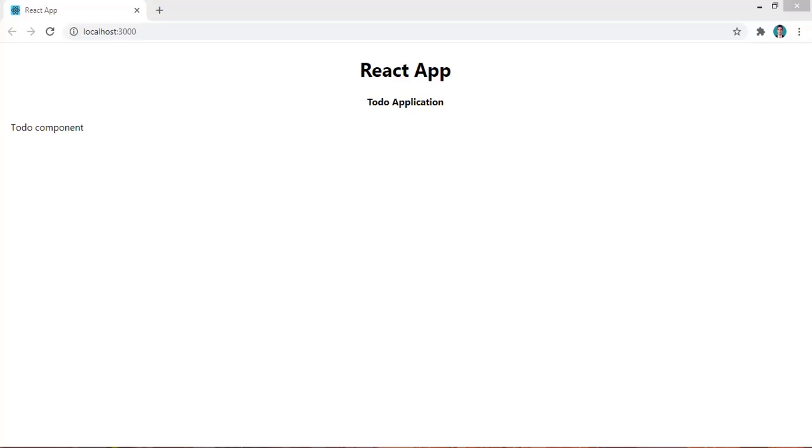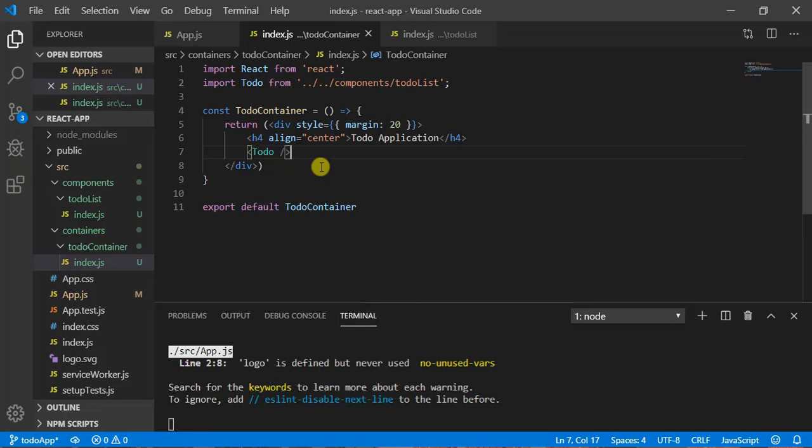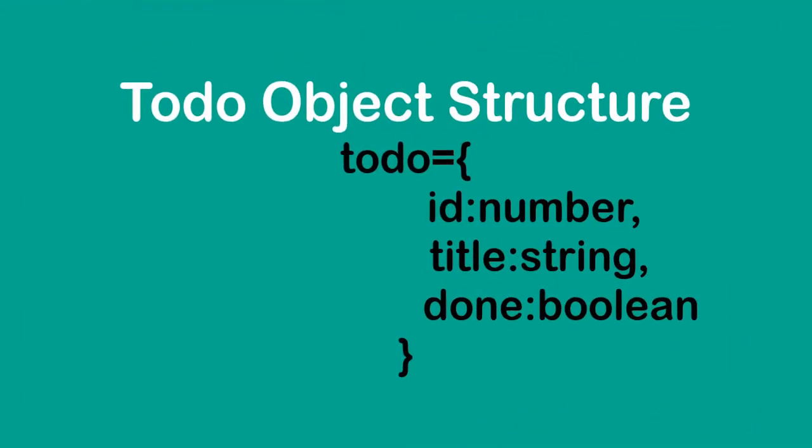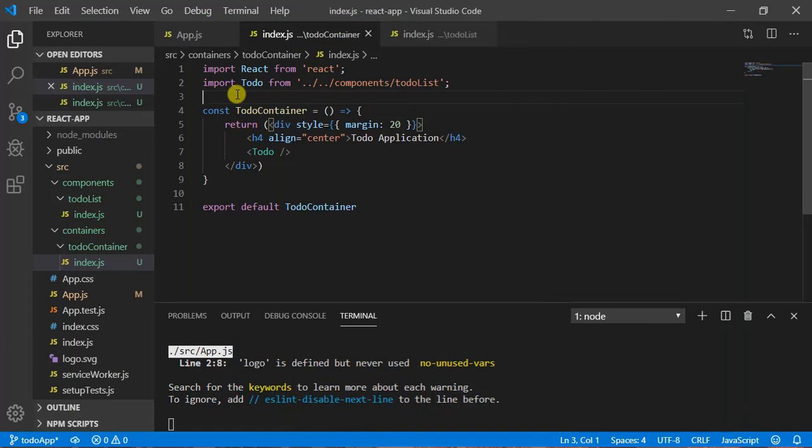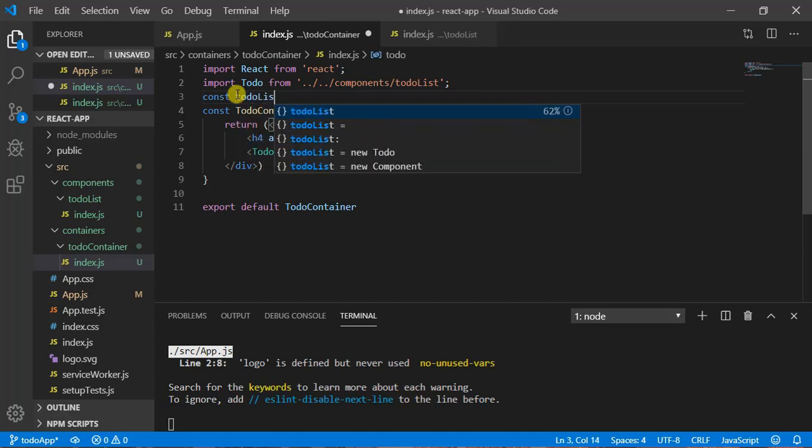Now in order to print the to do list, I will have an object where I will have the list of the to dos. So let's create that object. What are the fields for the list? The first one will be the ID, second is the title, and third is whether the work has been done or not. So now let's create here one constant variable, and call it to do list.